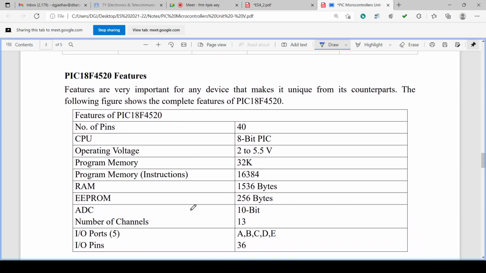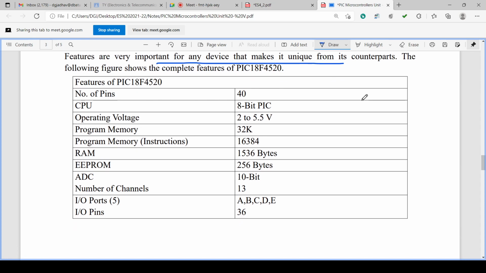So PIC18F4520 is one PIC microcontroller. It has features which are very important for any device and make it unique from other microcontrollers.